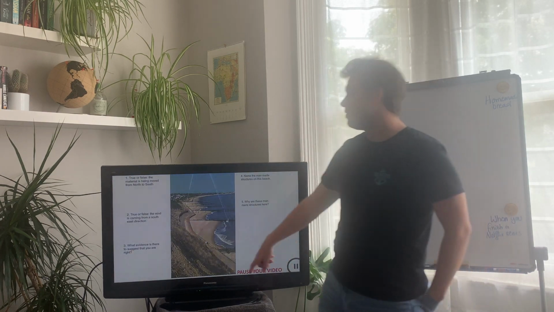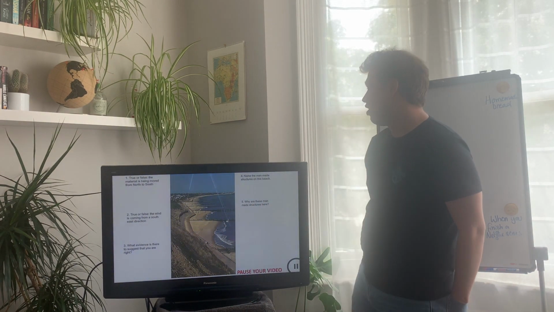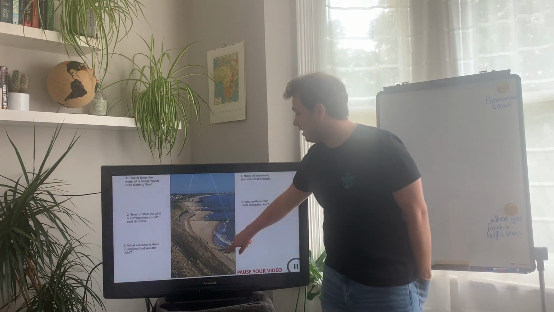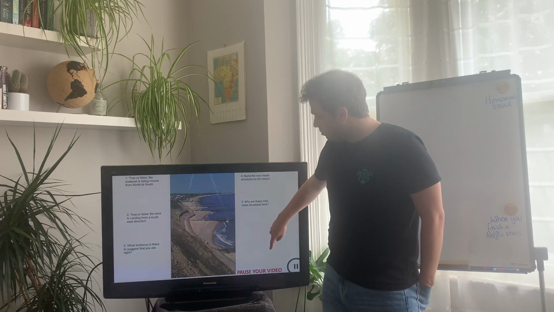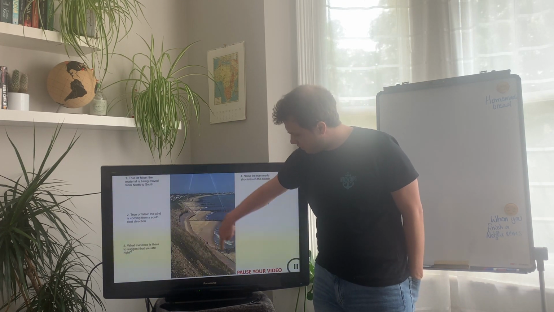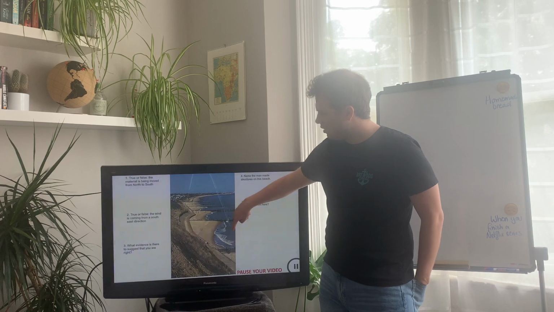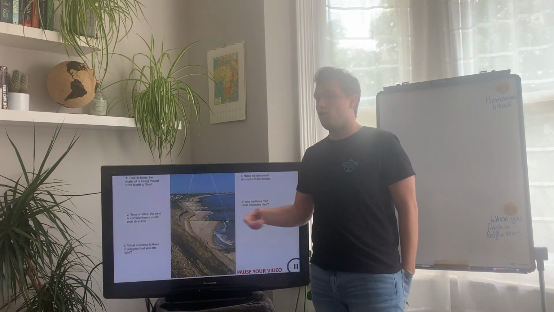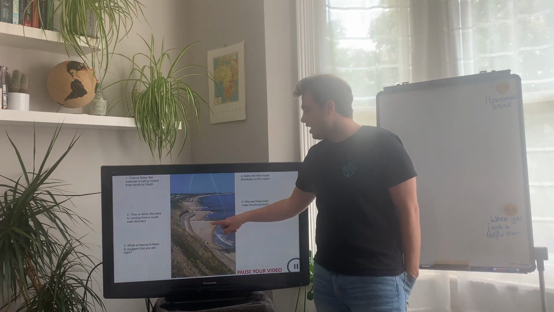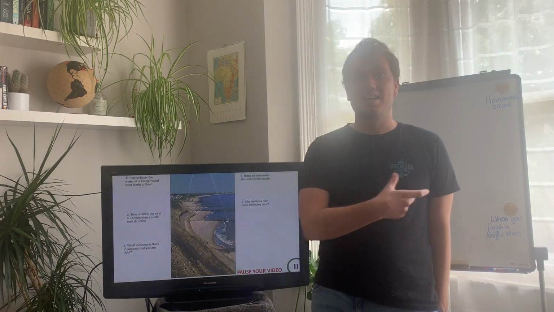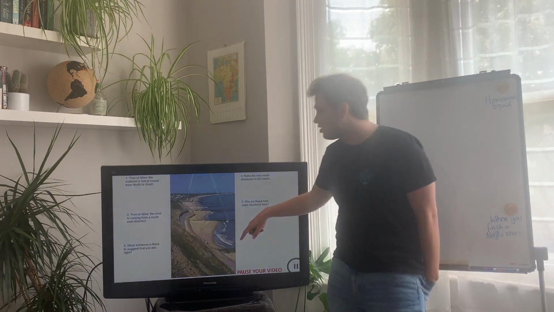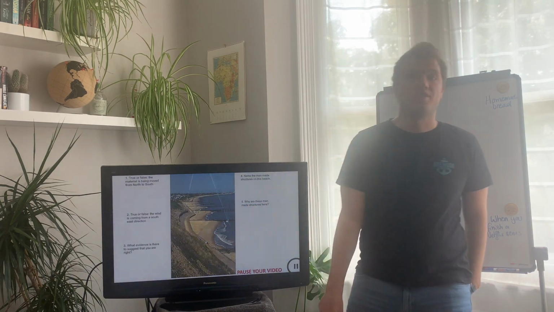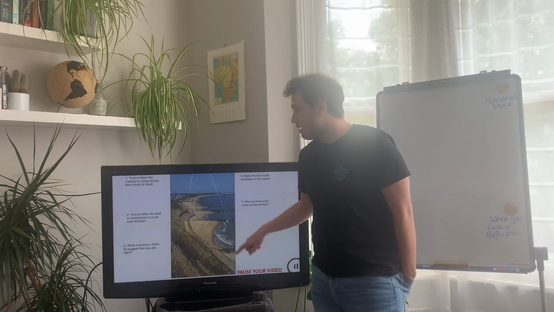That one is true. And then the evidence to suggest that you would be right if you said false and true, is we can see quite clearly that the material is being moved this way up the coastline because the prevailing wind is blowing it in at this sort of angle. It's being pulled back. But a lot of it is then getting trapped on this side of this man-made structure. So this man-made structure is stopping that process of backwash from taking the material back out to sea. And it's stopping it from being transported further along the coastline. Because we've got this build-up on this side of the structure,